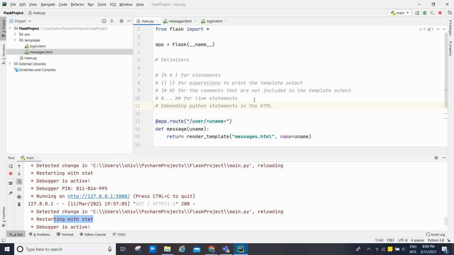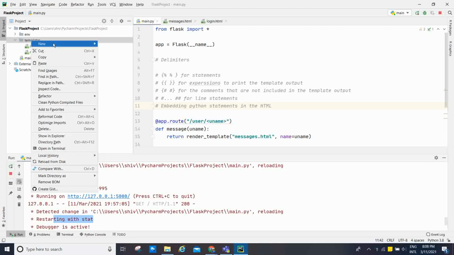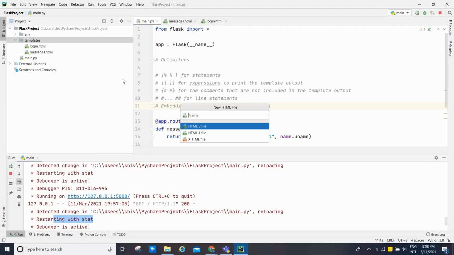For this purpose, Flask uses a delimiter which can be used to embed simple Python statements into the HTML.